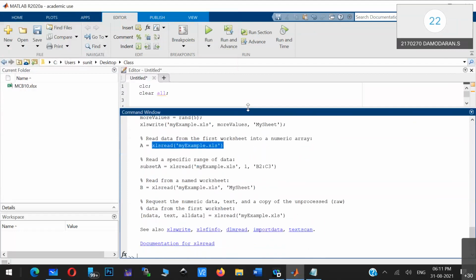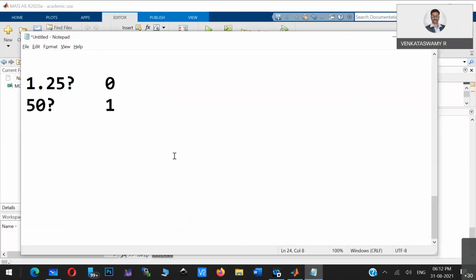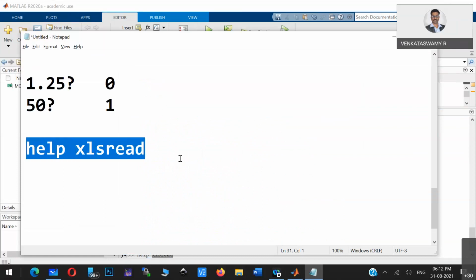Yeah, this function is basically inbuilt. If you type help xlsread, this is the function name, and you will get the help related to that function: how to use it, what it does, and all those things.